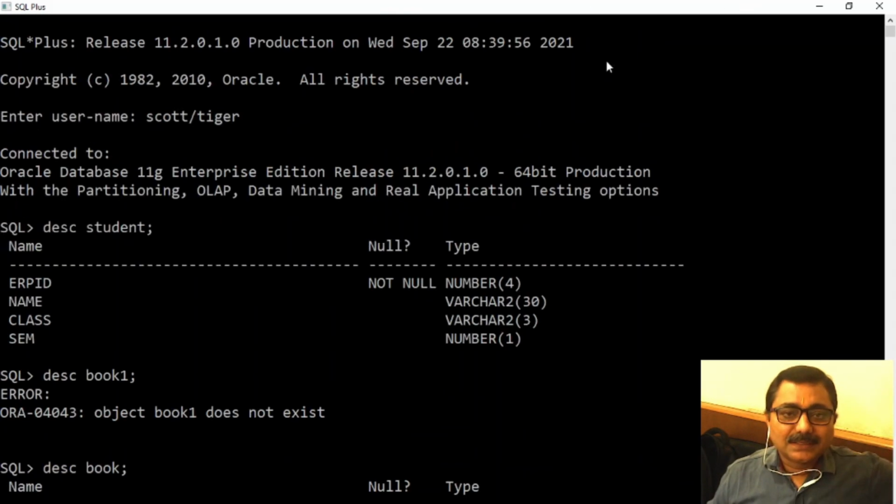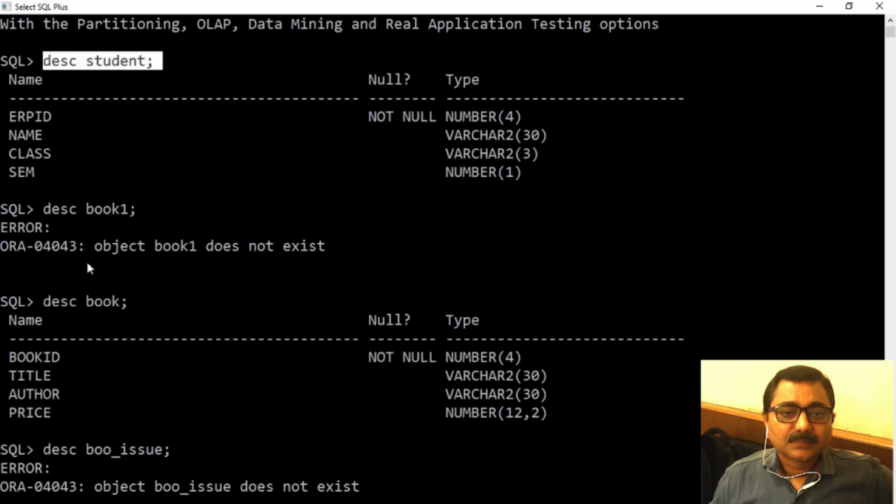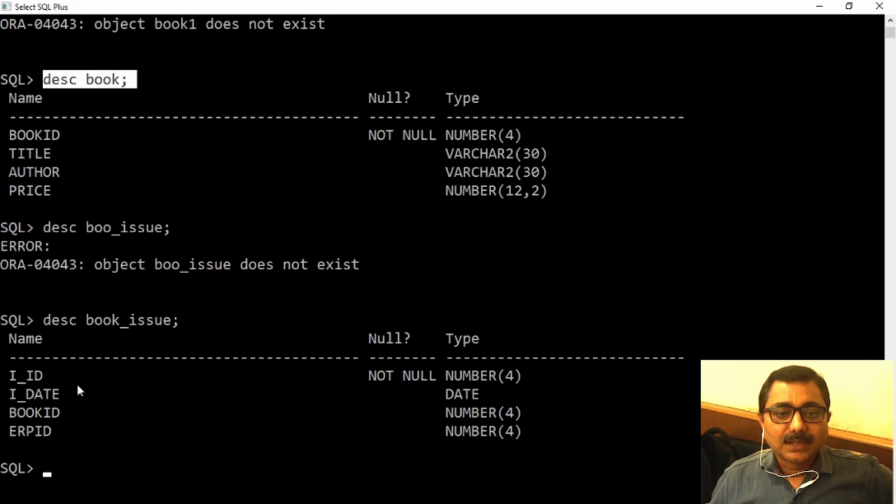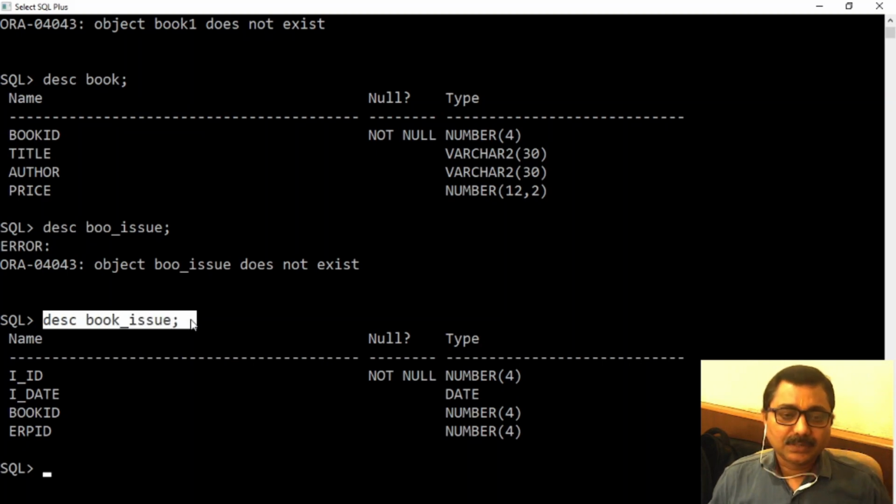So let's see. This is the master table. This is the second master table, and this is the, you can say, detail table or child table, right?